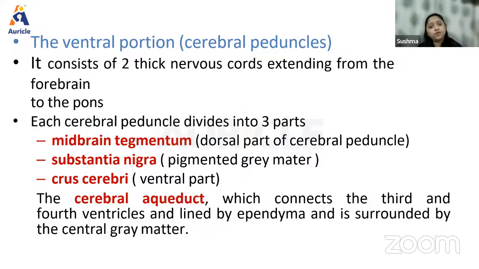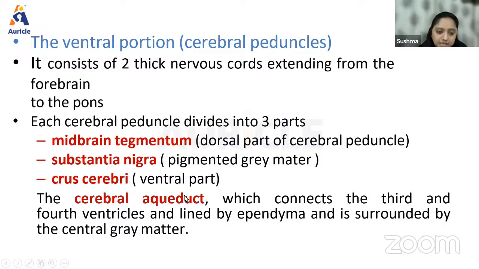They consist of 2 thick nervous cords that extend from the cerebral cortex, which is the forebrain, to the pons. Peduncles are nothing but structures through which different tracts pass. Here we have the descending tracts from the cerebrum to the pons, which come through the cerebral peduncles. As simple as this. But this cerebral peduncle divides into 3 parts, which is the midbrain tegmentum, which is the